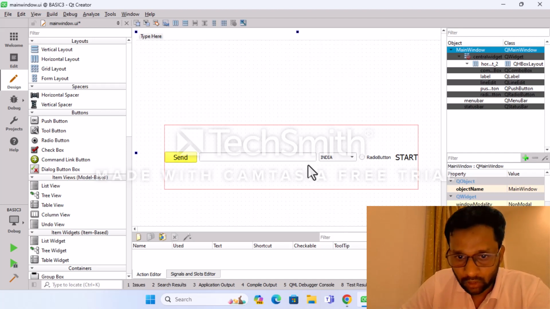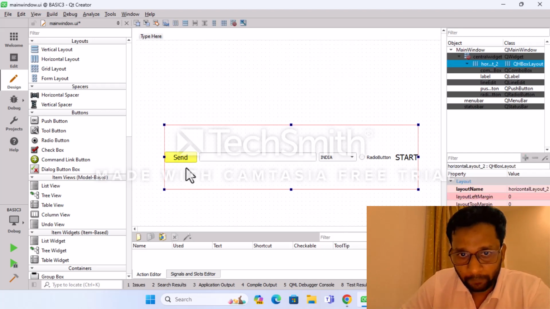See, all the widgets that I have selected here in my UI now automatically get their position in the horizontal manner. So this is the purpose of horizontal layout. All the widgets that we are taking here are going to align in a horizontal manner. In the vertical layout, all the widgets are aligned in the vertical manner. In the horizontal layout, all the widgets are aligned in the horizontal manner.